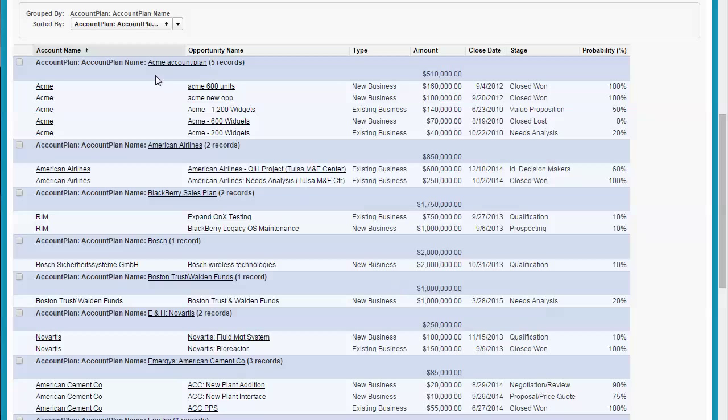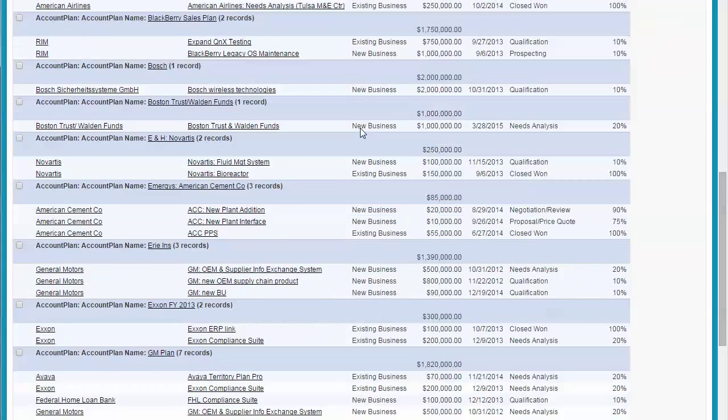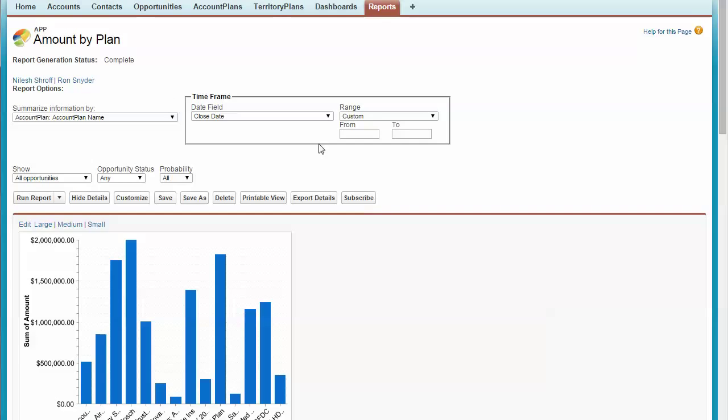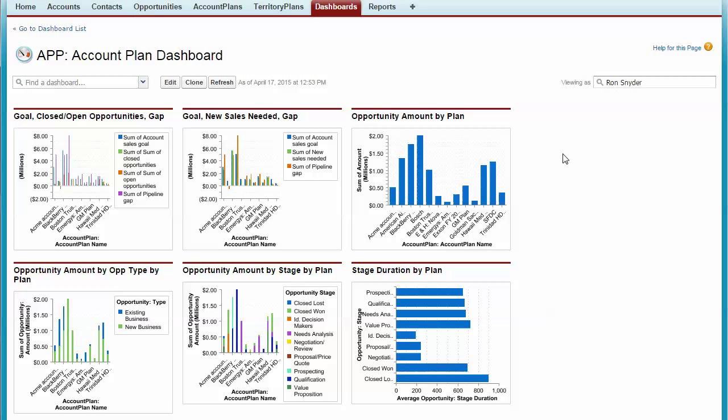In this case, you will have the account plan name here. You can click right on that to go to the account plan. And you'll also have the opportunities that are within each plan, and you can actually click directly on them. You can see the status of each of the opportunities. So you can decide where you need to spend your time. So it gives you greater insight so that you and your team can do even better on building and